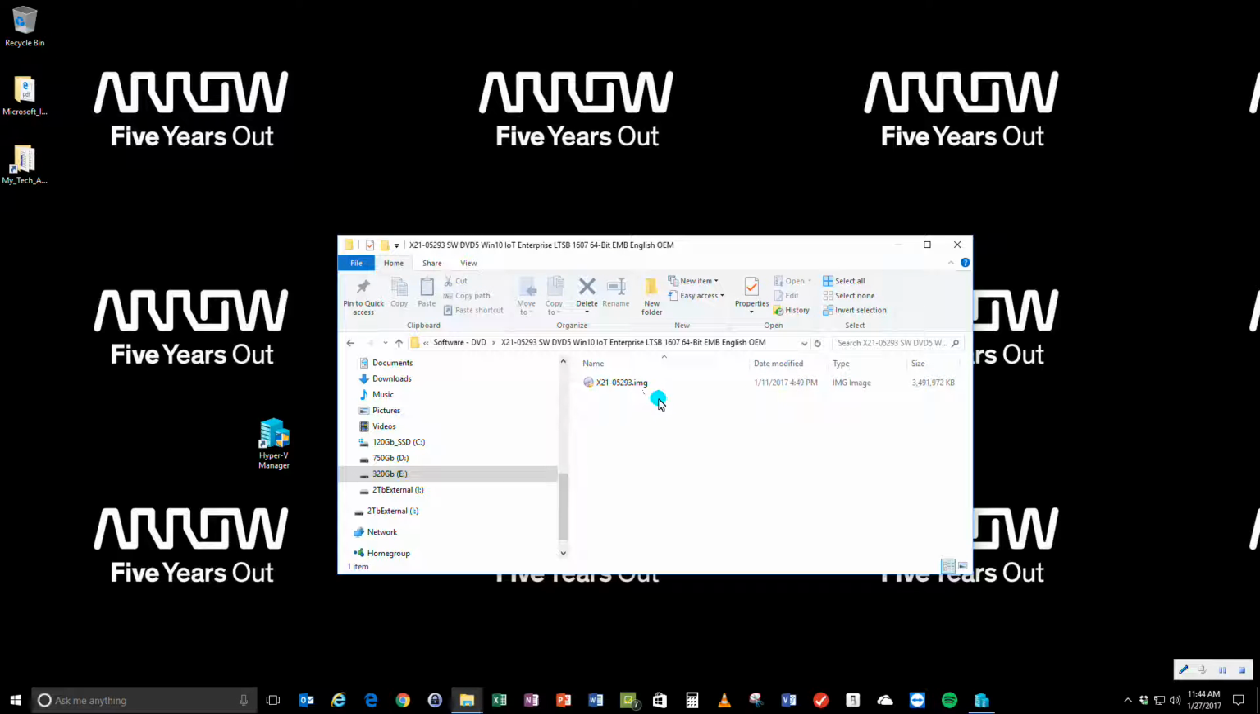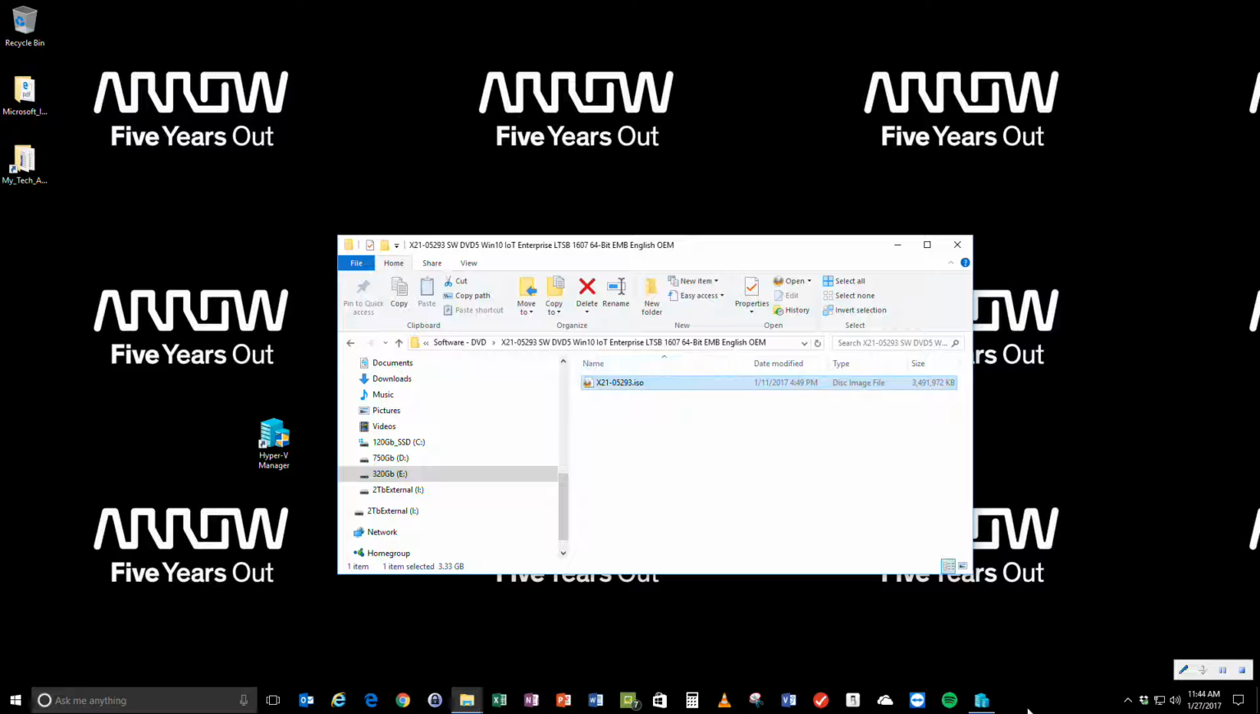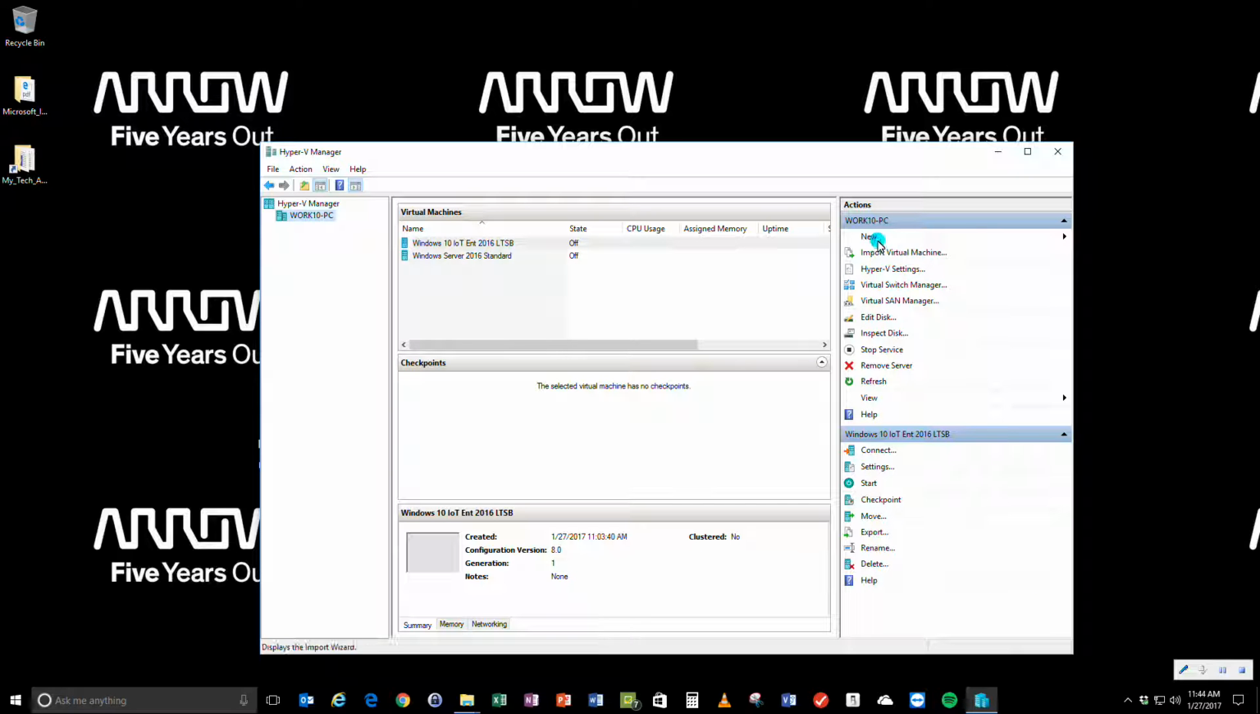You have to enable the extensions to be able to see the extensions, but in this case it's an image file. Those don't really work very well, so what you're going to want to do is just simply click on it and rename it to ISO. That easy. And then when you do that and you launch the tool here to create a virtual machine,